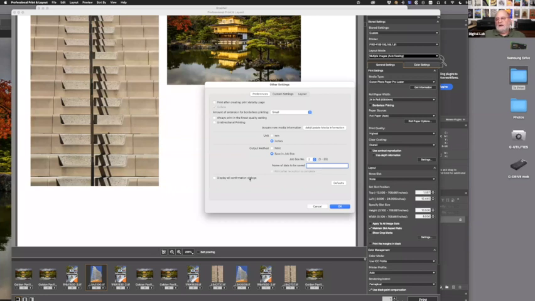Display all confirmation dialogues. I click that off. I don't want to ever see that. When you first start up the program, and after you start up the program, you go through all this, you push print. There's a confirmation box that comes up that displays all of your settings. Some people like that as a step to remind them if they made a mistake. I don't use it anymore. I hate that. So I usually just click do not ever show it again, make it go away, but you